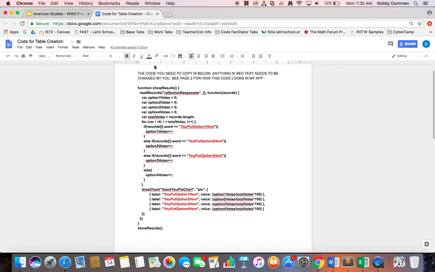And it says right here, the code you need to copy below. Anything in red text needs to be changed by you. See page 2 for how this code looks in my app. So this is the code that you're going to copy over. And you can see that